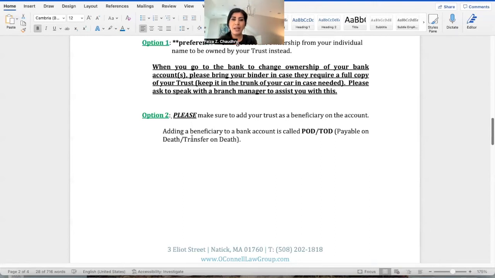Banks call this beneficiary designation a POD or TOD. It's called pay on death designation, transfer on death designation. The majority of people don't know that they can add this to their accounts. This is what's going to prevent that account from going into probate, whether it is $1,000